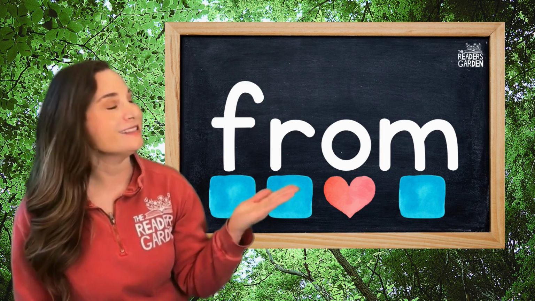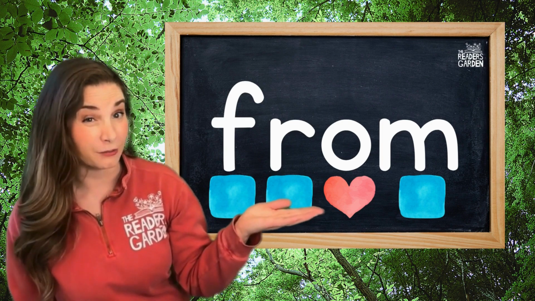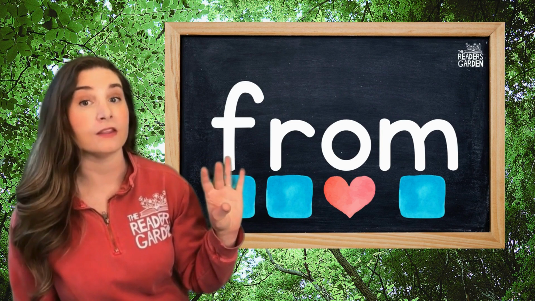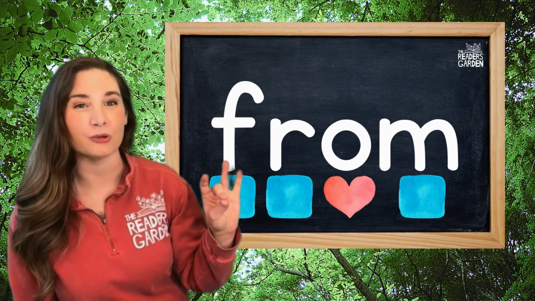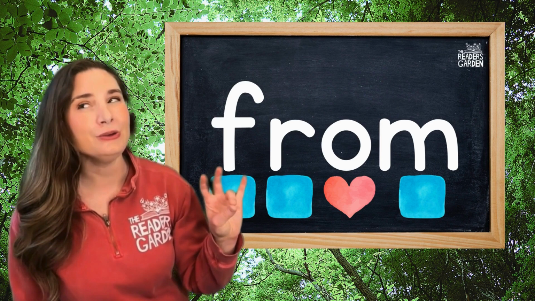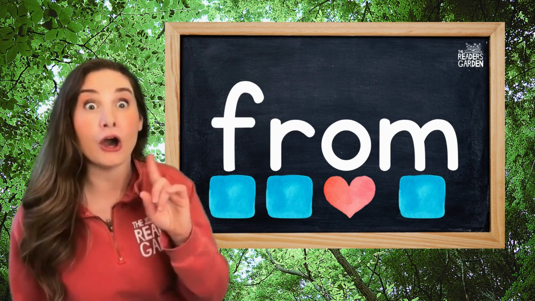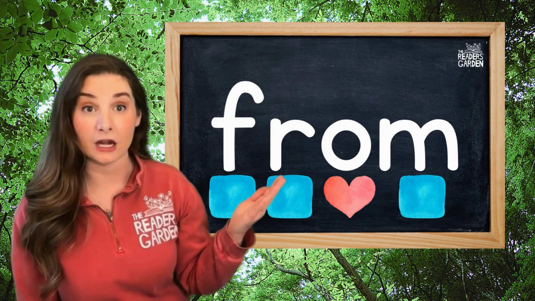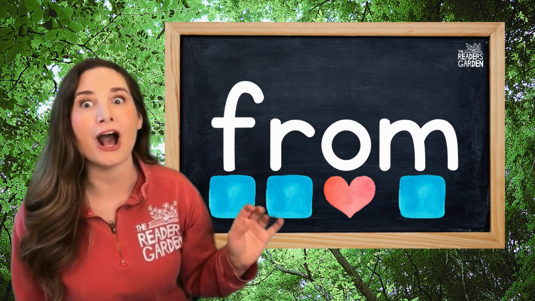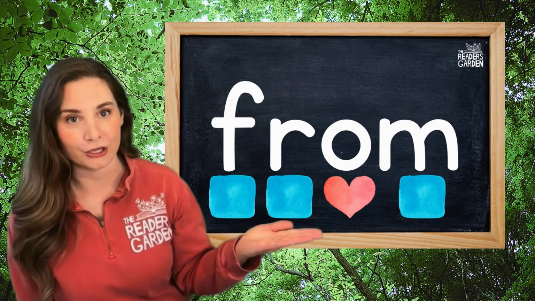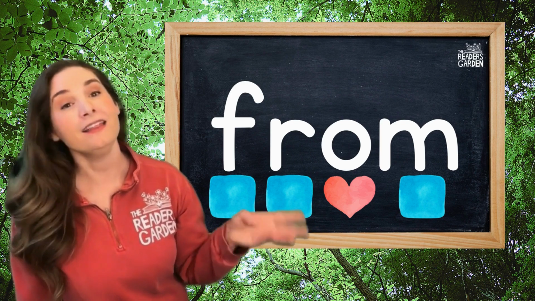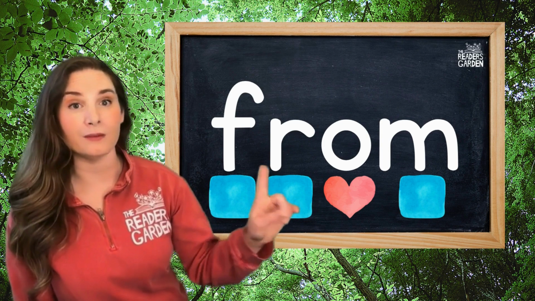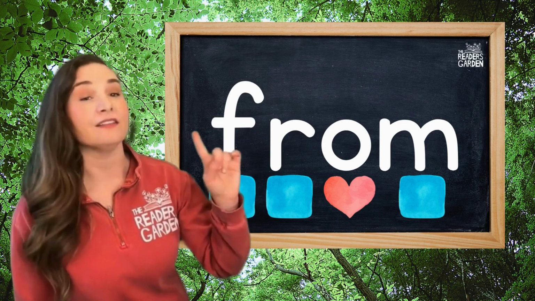So why is this word irregular? Well, the F is making an expected sound. F, the R is making an expected sound. But the O is sounding like a U. Instead of making an ah sound, it's making a uh sound, as if it were a U. But it's not, it's an O. And then that M is also making an expected sound. So the part of the word from that we really need to know by heart is that the O is